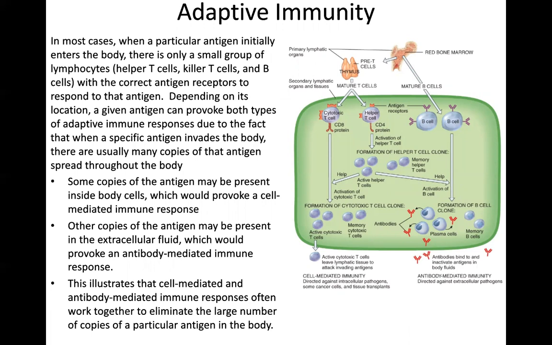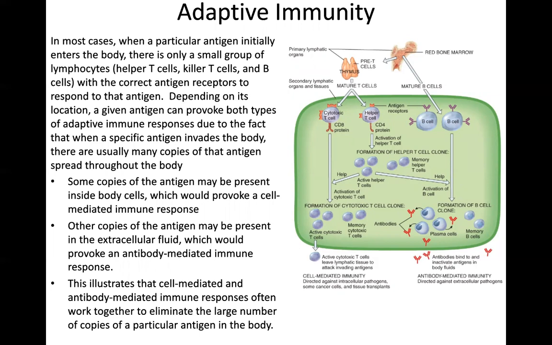In most cases, when a particular antigen initially enters the body, there's only a small group of lymphocytes, which include helper Ts, killer Ts, and B cells, with the correct antigen receptors to respond to it. Depending on its location, a given antigen can provoke both types of adaptive immune responses, because in most cases, that specific antigen invading the body is not just inside cells or between cells in the fluids, it's probably getting